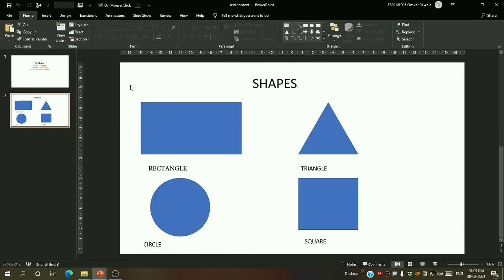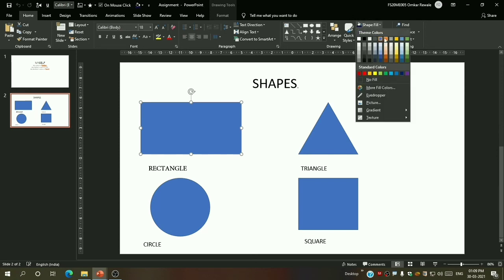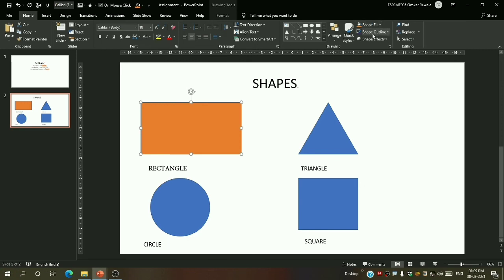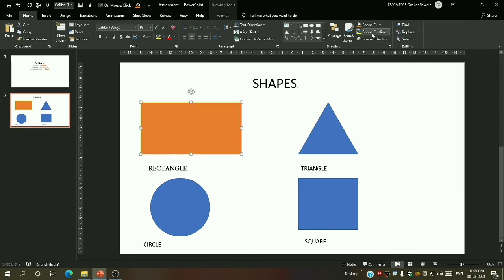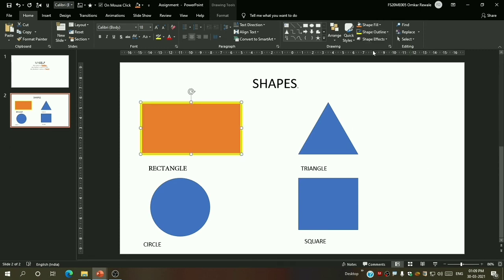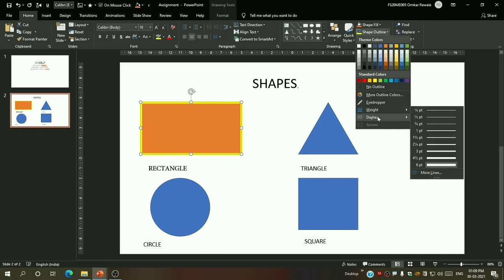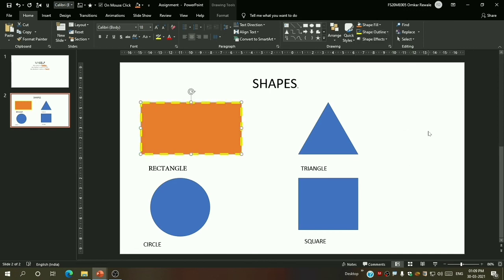Now shapes. As I told, to save your assignment you must have saved. So what you have to do, you have to give any shape fill this way and change its outline to any color, and then increase its weight by 6 pt, and then give it any dashes you want.